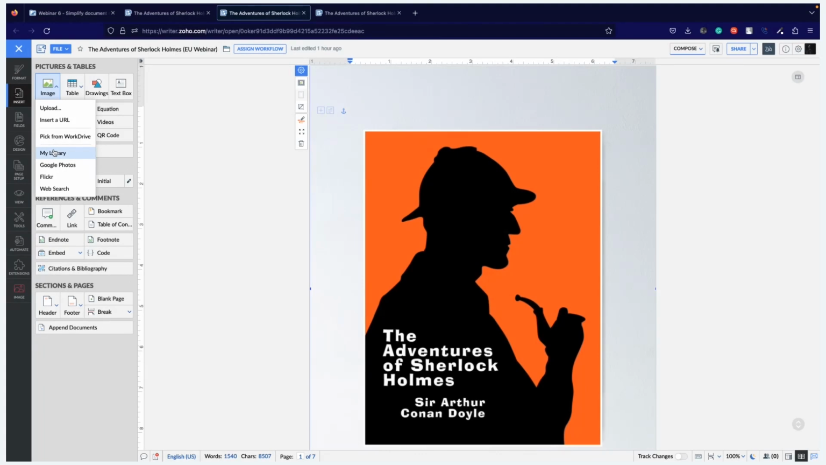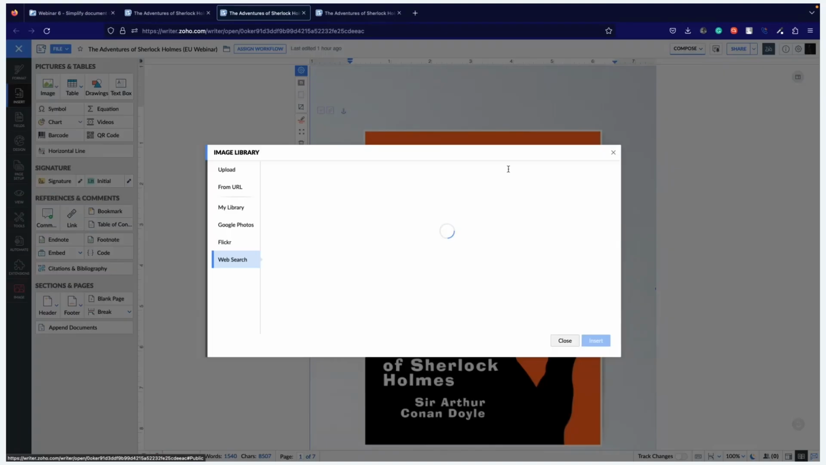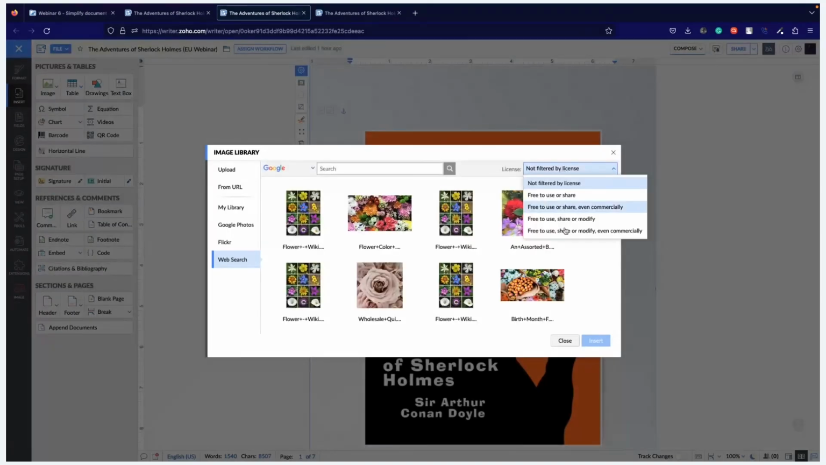You also have an integration with Google Photos and Flickr, which are popular image websites, which you can pick files from. Also, you have a direct web search where you can use licensed or non-licensed free images. This specific poster that I've inserted in this document was inserted using the web search option, under which I used free to use, share, or modify even commercially. From here, I searched for Sherlock Holmes,